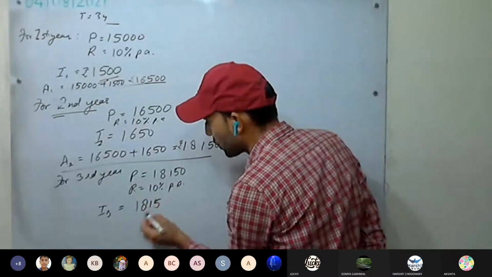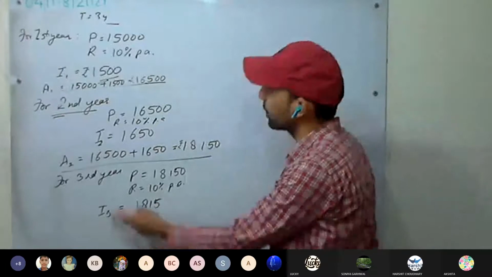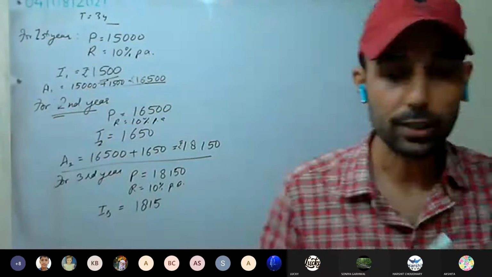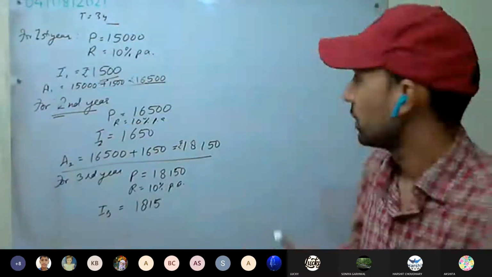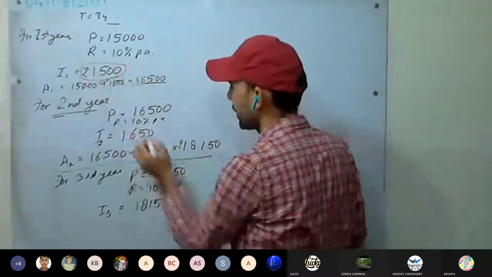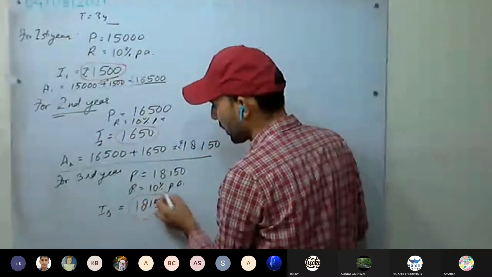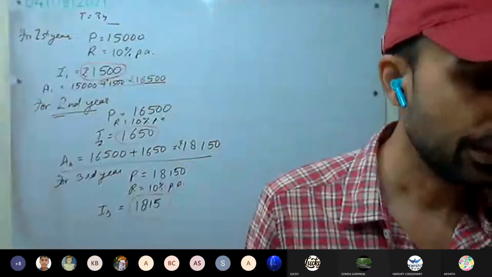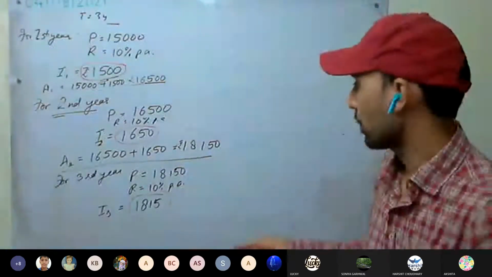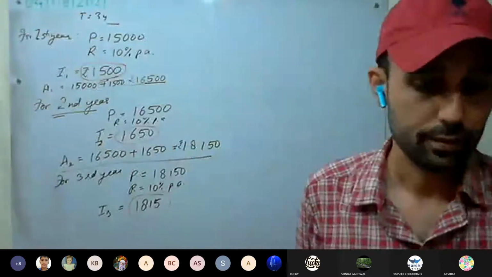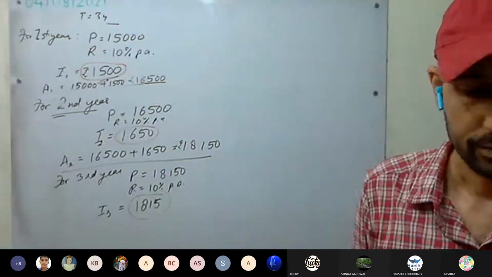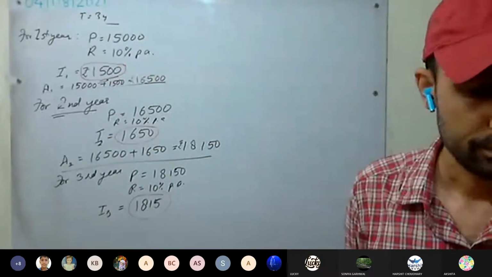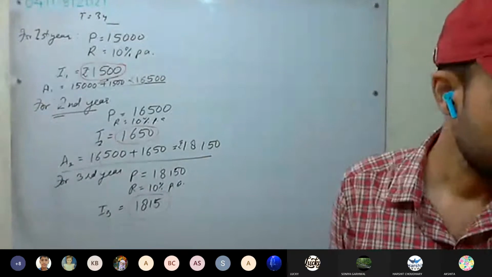Okay. So if you want, you can calculate the amount first. From that amount, you subtract 15,000. You'll get the compound interest. Or add all the interest for each year: 1,500 plus this one plus this one. You'll get the total interest paid by Rahul to Manish. Find the compound interest paid by Rahul. Calculate and tell me how much it is coming.